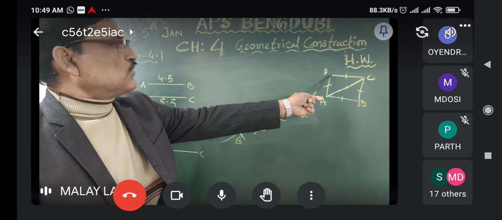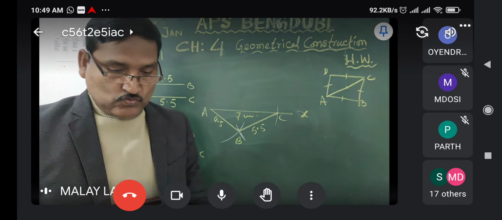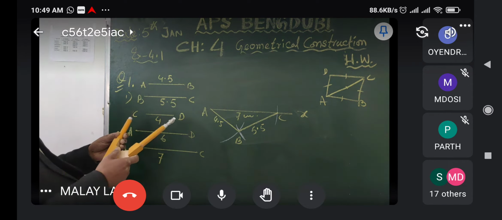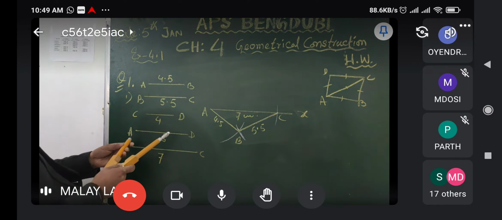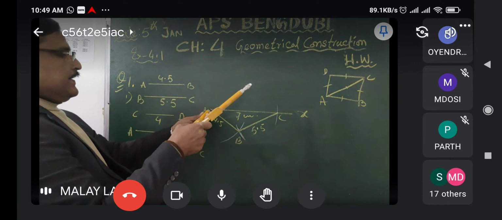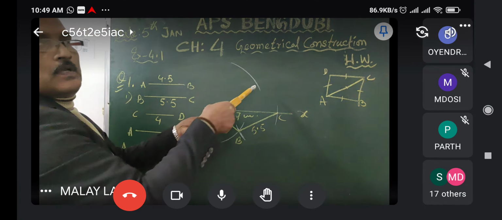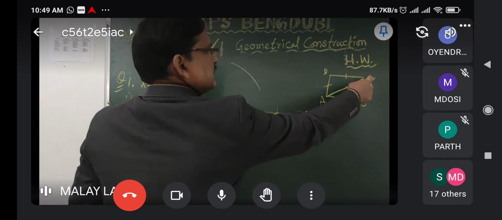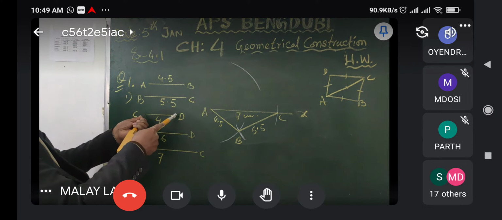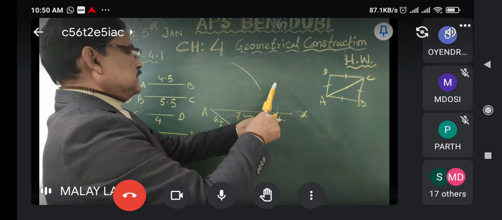This is AC. On the top, what we have? D. That is AD and DC. These two measurements are left. I have to take the measure and draw the arcs. So AD is how much? Here. AD is here. Place at A. Draw arc. And this one is DC. Where is DC? This. Take the measure of DC. Place at C. Cut it.